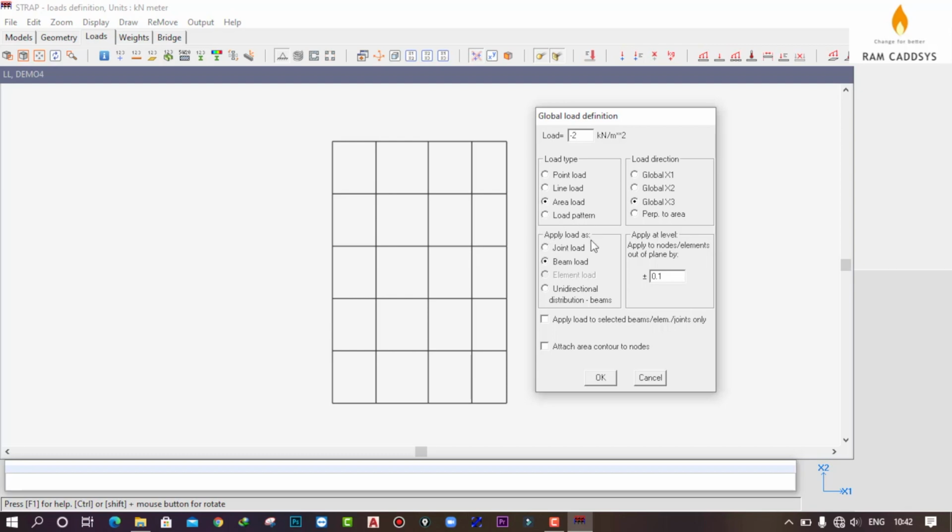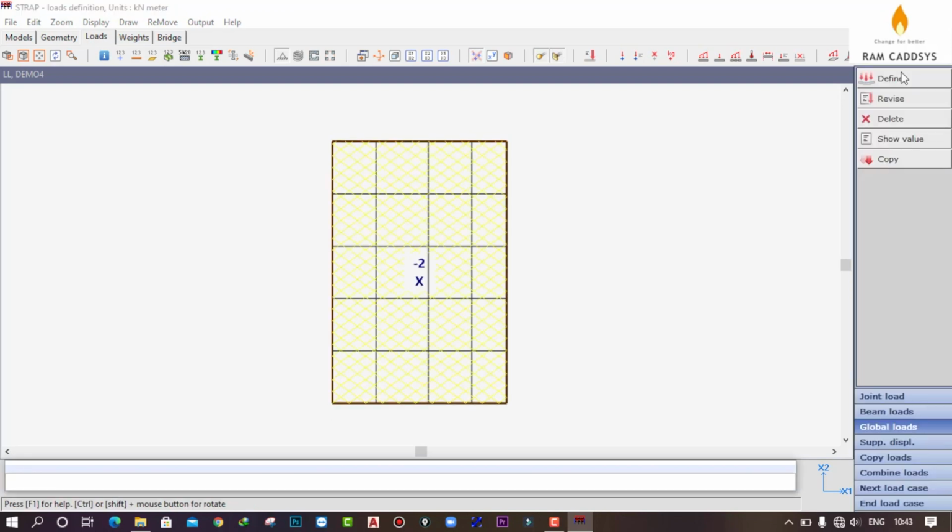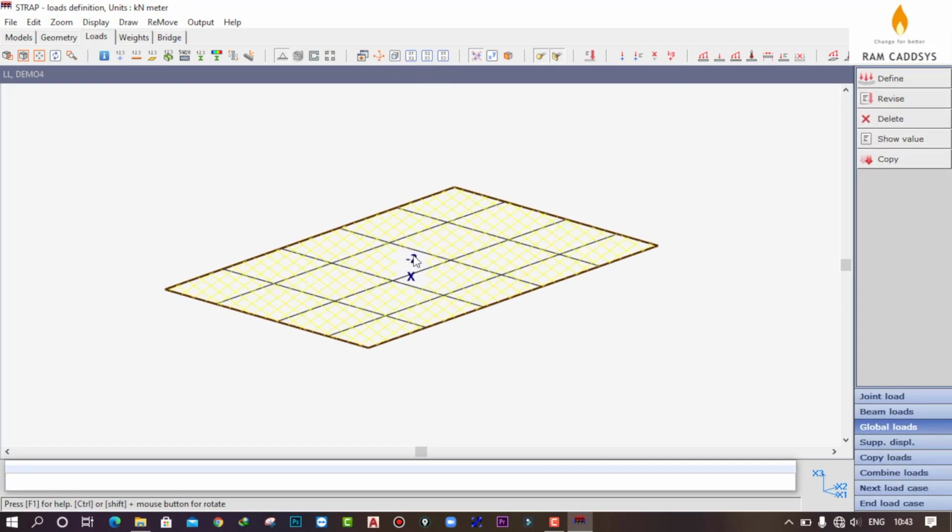And again the load will be applied as the beam load. The direction will be global x3. Click on OK. Now select all the 4 corners to make the area and finish it. Now you can see we have assigned a live load of 2 kilonewton to all the areas.